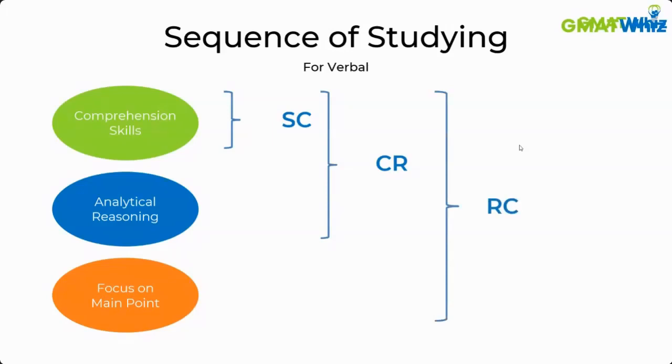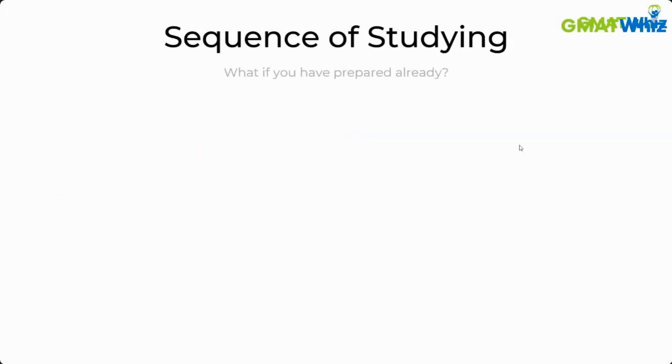So if you're just starting your prep, it is important that you start with sentence correction, then move to critical reasoning, and then move to reading comprehension. That way, you will only need to focus on one area at a time, one skill at a time. Okay. However, if you have already prepared for some time, then what you should do is take a